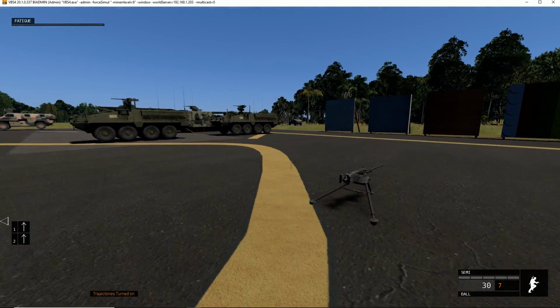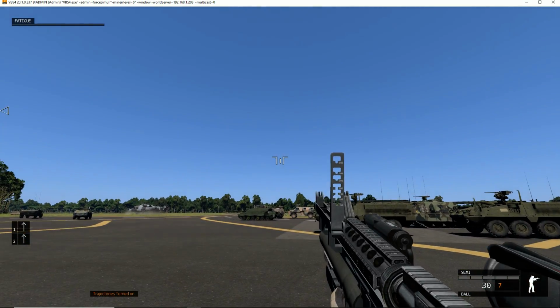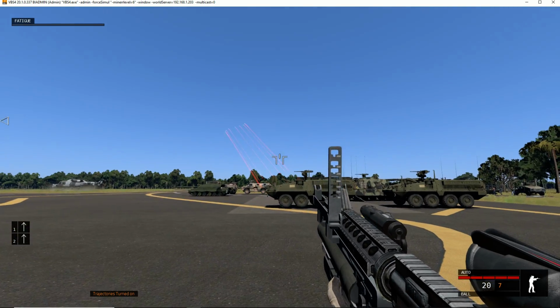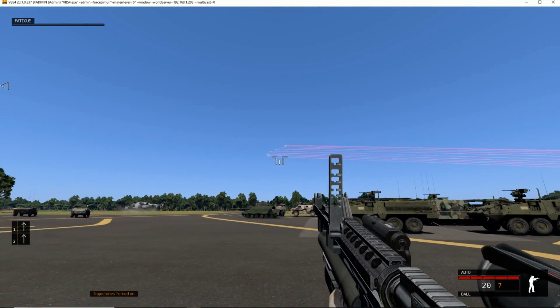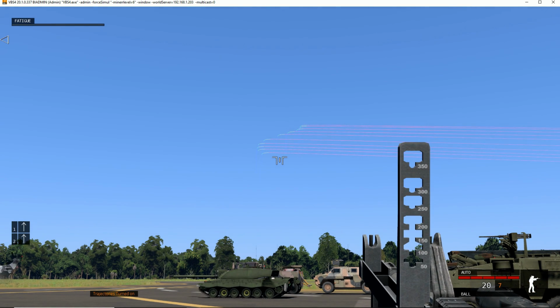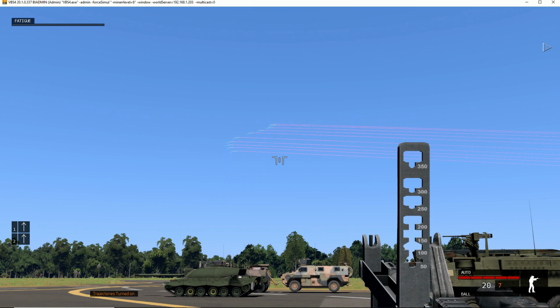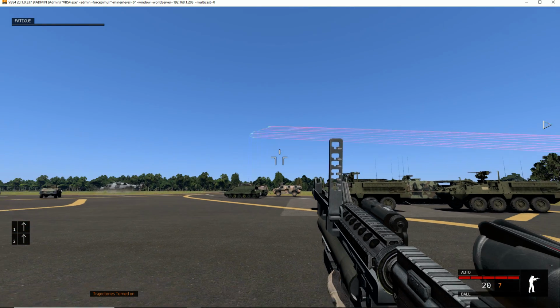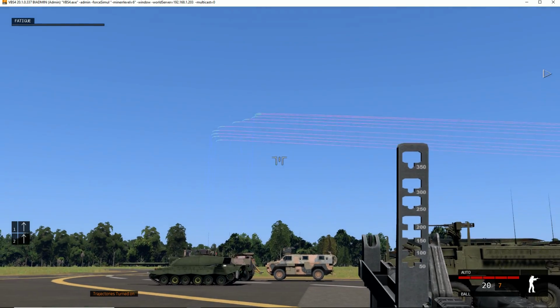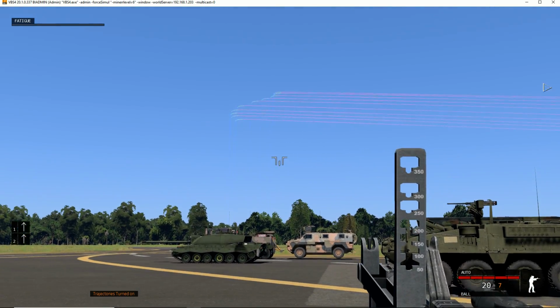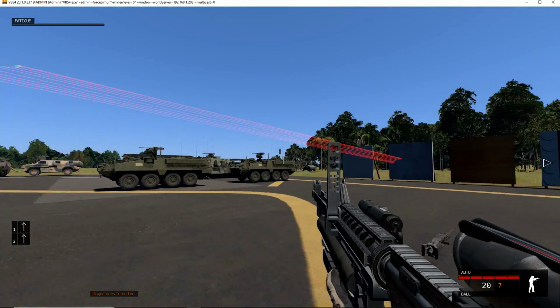All right, so we'll run over here towards this machine gun. The first thing I'm going to do is just fire a couple of rounds into the air, because we're going to talk about ballistics now. Now, it's going to be very hard for you to see, I imagine, over the stream, but you might see different colors, and that is the ballistic trajectory of the rounds that we've just fired. We do quite accurate ballistics modeling, and it's very difficult to see. You'll probably see it in the YouTube stream, the blue in the very, very far distance as the rounds fall to